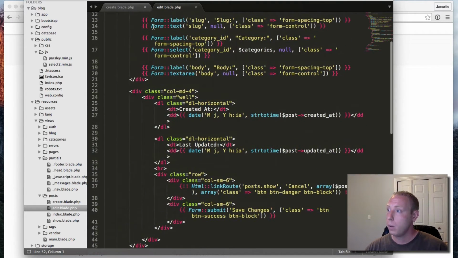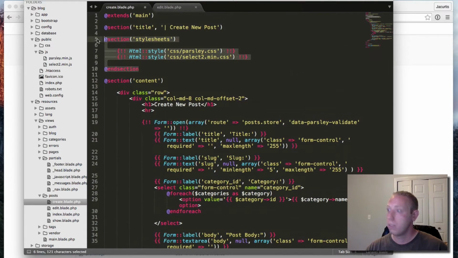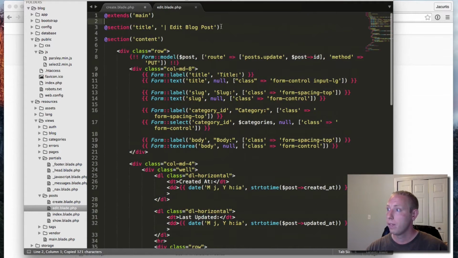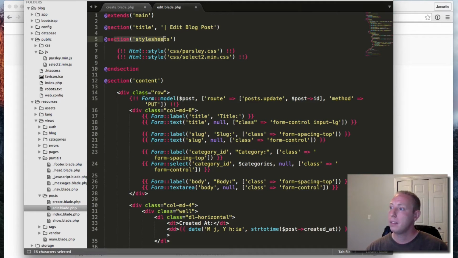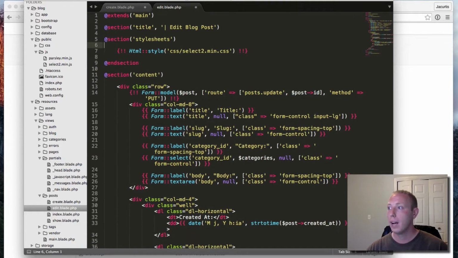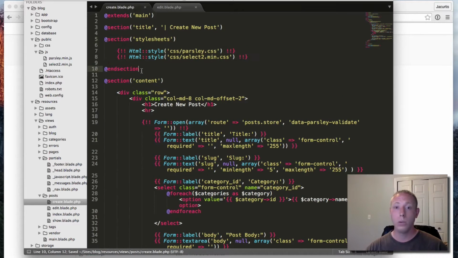And then let's do the same thing with our style sheets. Remember that the section styles is something we added on the main template a while back. It was a way for us to easily, if we needed this section, we could have it. If we didn't, we just ignore it. Okay, so this is an example when we need it, and this is why we talked about it so many videos ago. Okay, so we have select2.min.css. That's perfect. Okay, so now we have access to the actual files, so it's ready to go. We do need to now talk about actually loading it up,